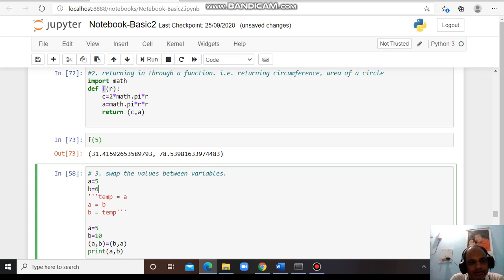How will I do that? I need to define another temporary variable, temp is equal to a. Then I assign the b variable, having initially assigned the a value to a temporary variable. Then how to swap two variables using tuple, we'll discuss